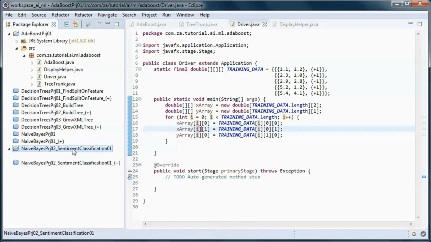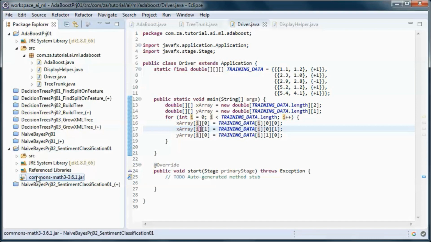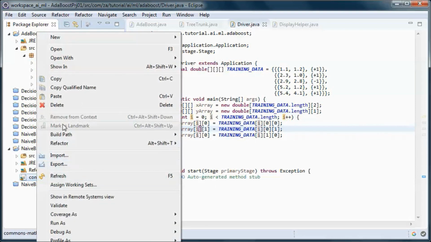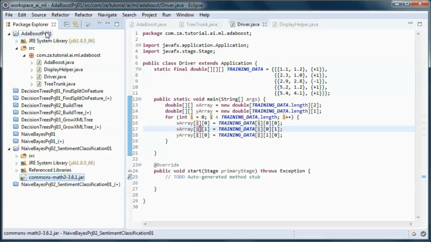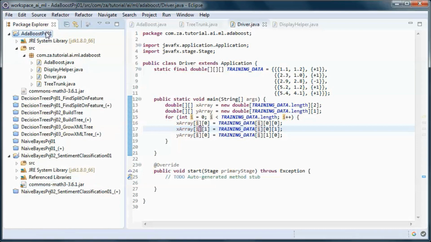And we will need to use the Commons Math library to do matrix operations.